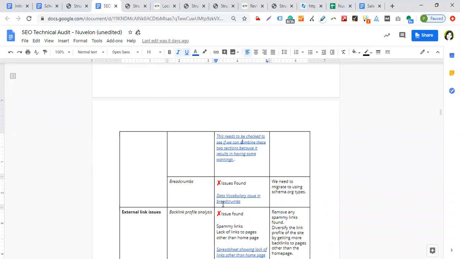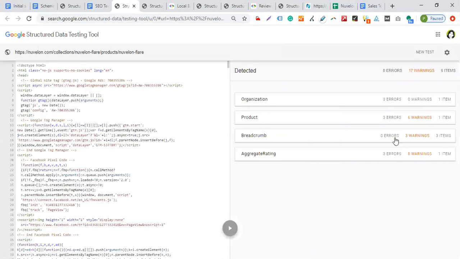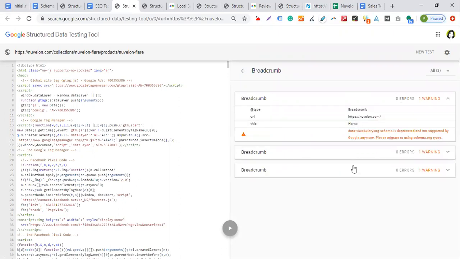Breadcrumb schema. Okay, so breadcrumb schema, we used to check some inner pages to see if we have the breadcrumb added, and also to check if there is a breadcrumb schema added. If the breadcrumb schema is there and also the breadcrumb is there, then we are good. If there is no breadcrumb and there is some issues, like there is this data vocabulary issue, and I can see that